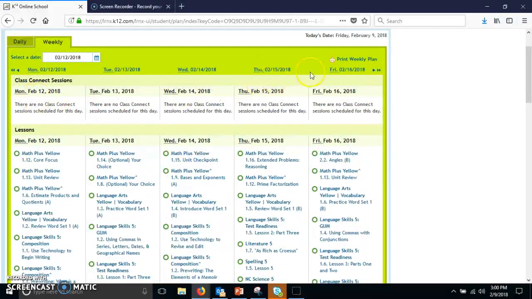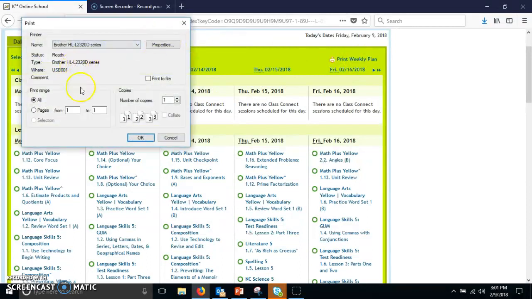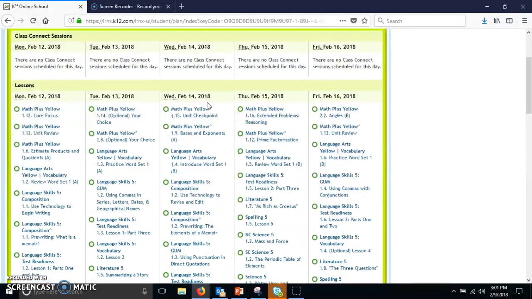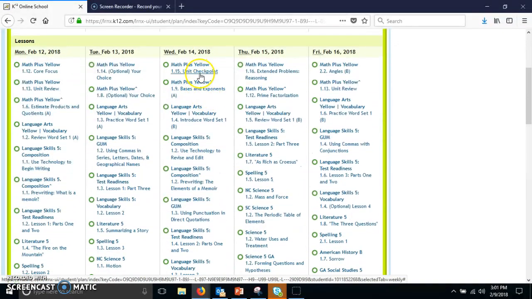and when you log in and look at it, you can push this button to print weekly plan. And once you print it, you'll be able to have it for the week. Now, say that you do not have power on, let's look at Wednesday. So what you would do is you would look at this plan for Wednesday